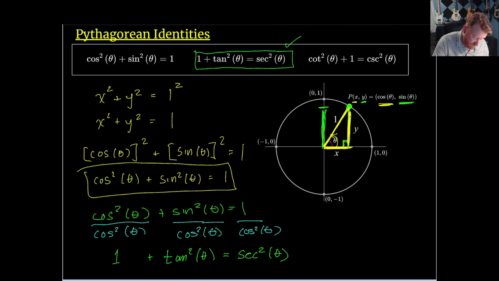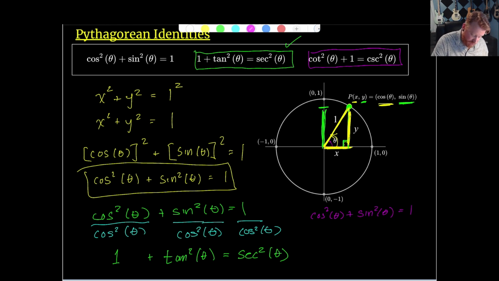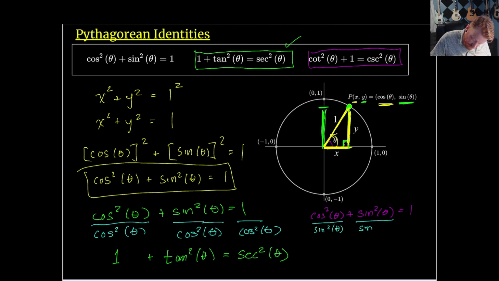Similarly, we could divide both sides. If I want to show this other relationship here, we'll start again with cosine squared theta plus sine squared theta is equal to 1. Now if we divide both sides by sine squared theta instead,